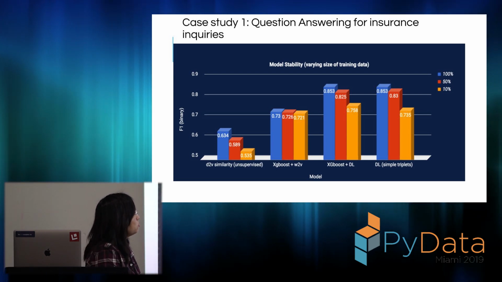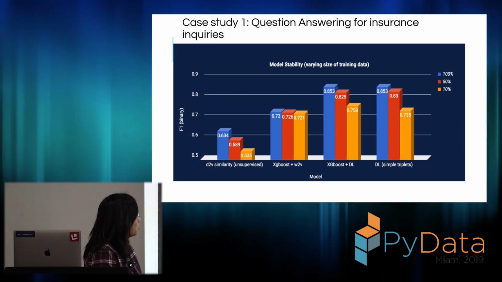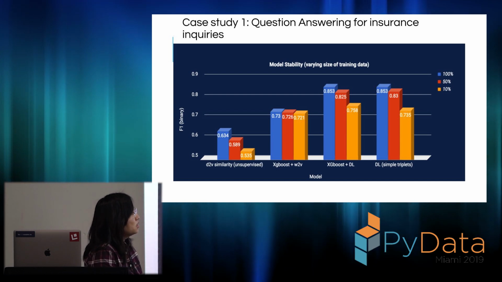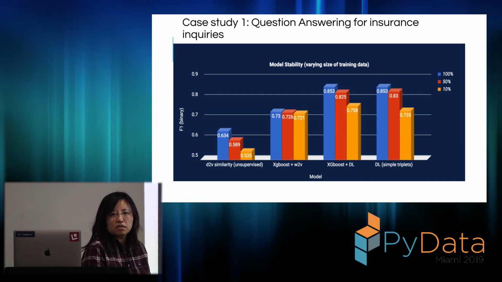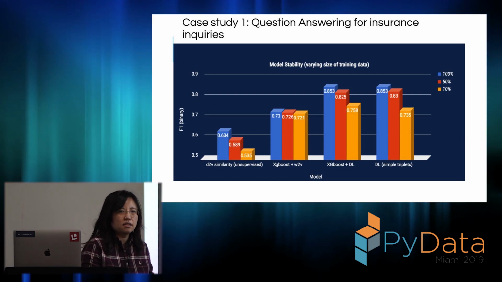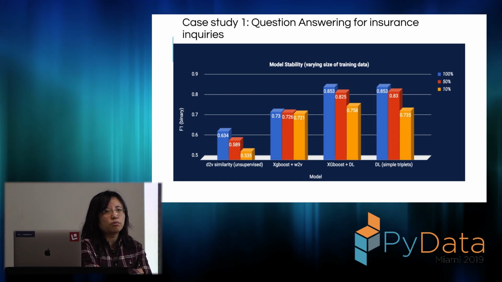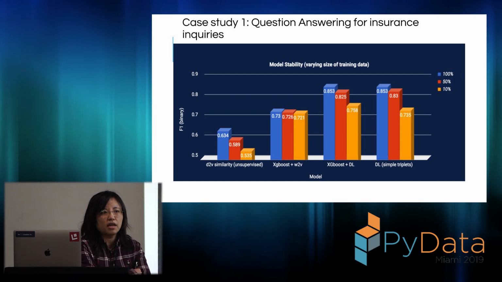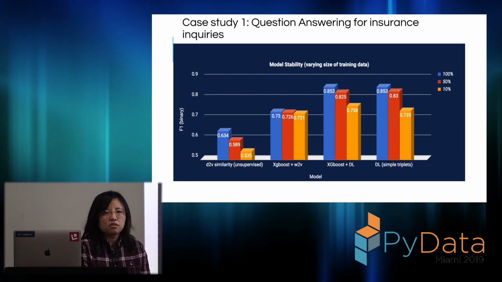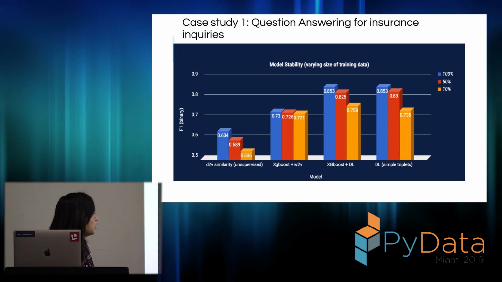But when we sample 10% of data, you can see the deep learning model by itself is still better than the XGBoost model alone, even with just 2,000 pairs, which is a little surprising to us because we thought deep learning needs a lot of data. I think part of the reason is we use a pre-trained embedding, the fuzzy test embedding, and leverage the existing Wikipedia knowledge there. So if we don't use that, I think for sure we'll need more data.